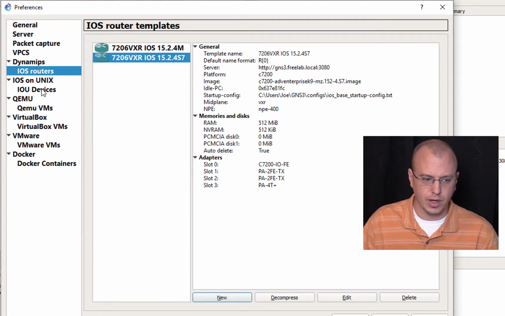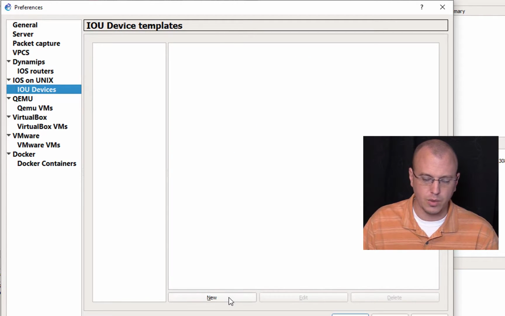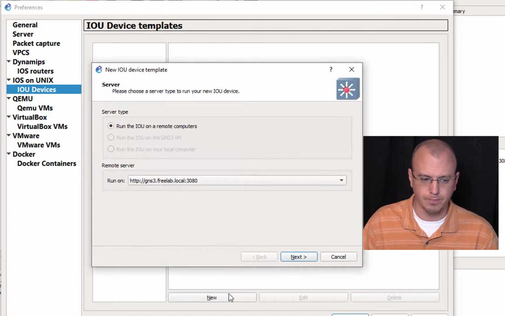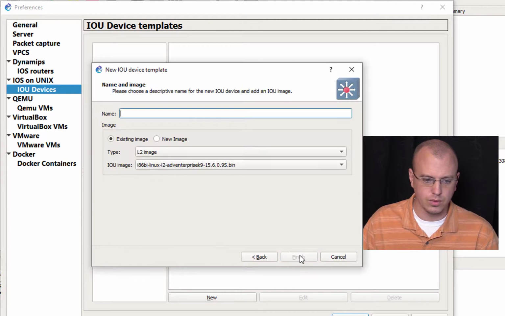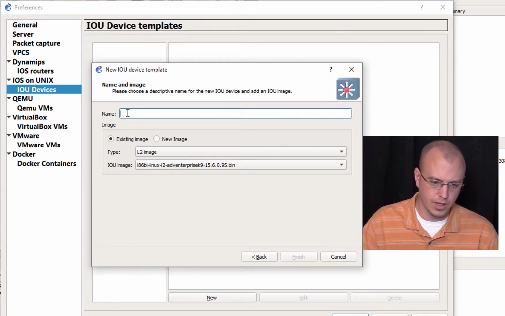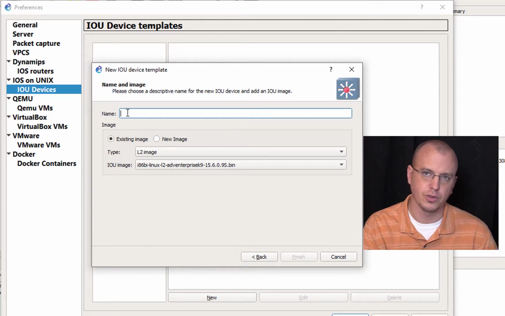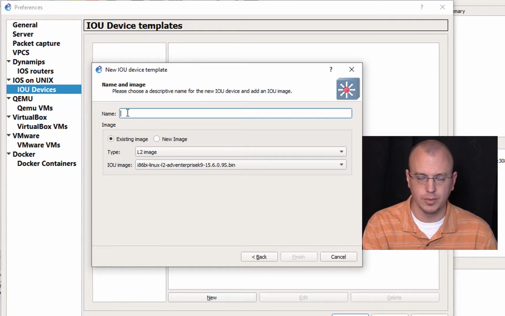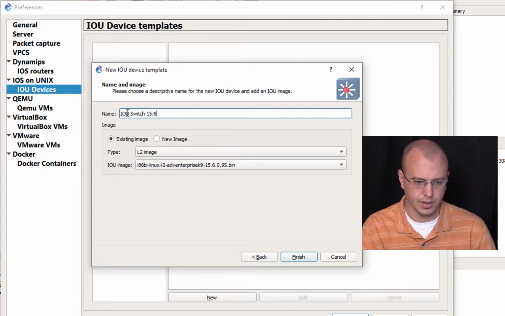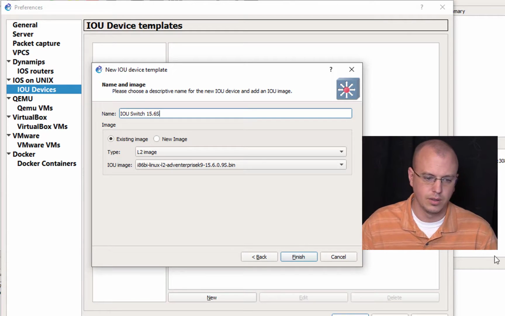And then for IOS on Unix, the main one for this would probably be the switch, but we'll go for the L2. So this is a layer 2 image, so that means you're going to be able to do your, it's technically a layer 3 switch image, but you can do all your spanning tree, VTP, all the switch-based stuff with this. So we can call this IOU switch 15.6, something like that,